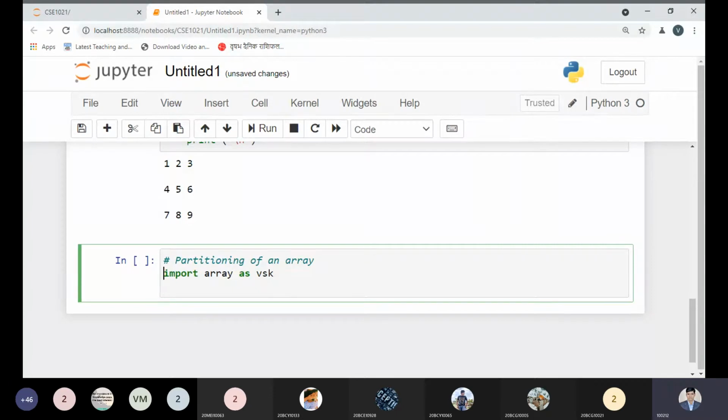So BSK is a variable. You can take any variable name, XYZ, just like arr. Previously I have taken arr, so right now I'm taking BSK. BSK is not a standard variable. You can take your own name as well. So I'm just taking the initial letters of my name. BSK is only an object or variable which keeps the information about the array and it can access all the information that deals with the array only.